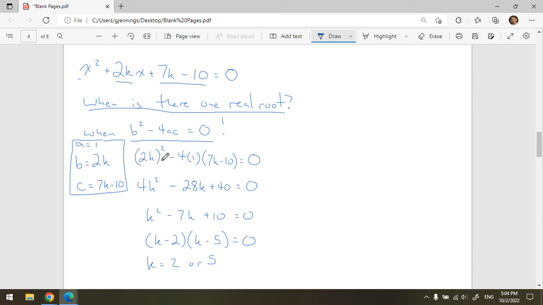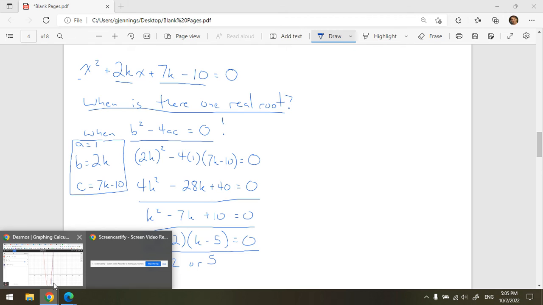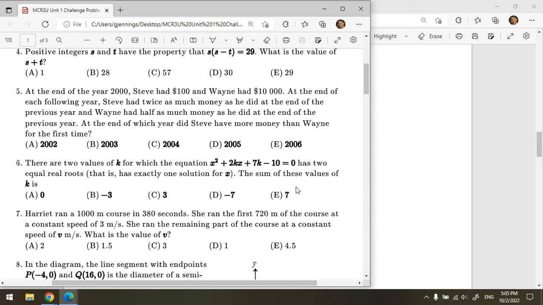b squared is (2k) squared. Notice I put that in brackets so that I make sure I get 4k squared there. If I don't, I won't have the right quadratic. Minus 4 times 1 times (7k minus 10) gives the two terms minus 28k plus 40. This creates a quadratic itself with k as the variable. Dividing by 4 yields this line. And then factoring gives us the solutions here: k is 2 or k is 5. And that's what we saw in Desmos. And that's why E would be the correct answer, a value of 7 for